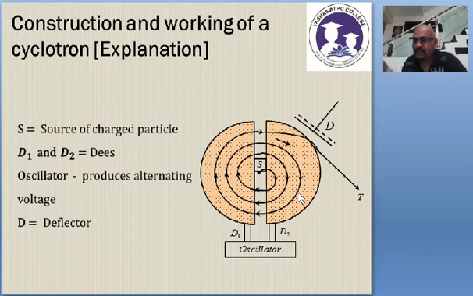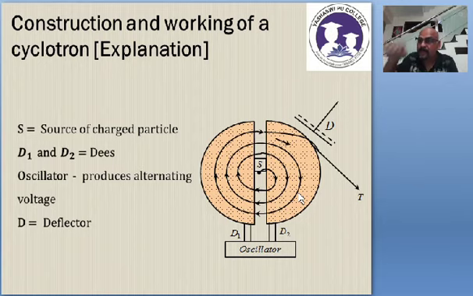We have learnt electric field intensity inside a charged conductor is zero. Therefore electric field is zero. But look at the magnetic field. Now there is a magnetic field applied perpendicular, and the charge is moving at right angles to the magnetic field. The magnetic field is directed inwards, and perpendicular to it the charge is moving. Since the charge is moving perpendicular to the magnetic field, it will experience the maximum magnetic force. The maximum magnetic force, F is equal to QVB.